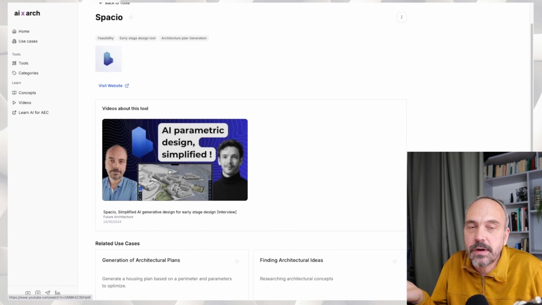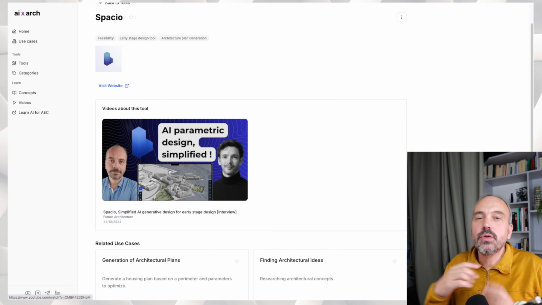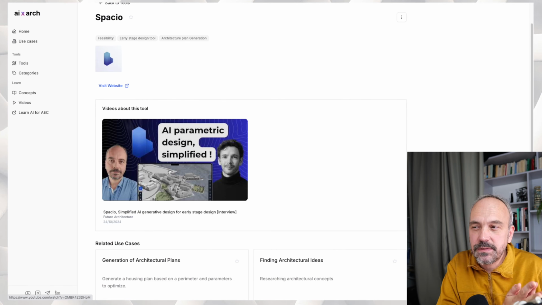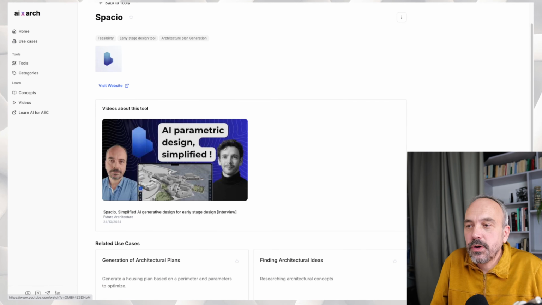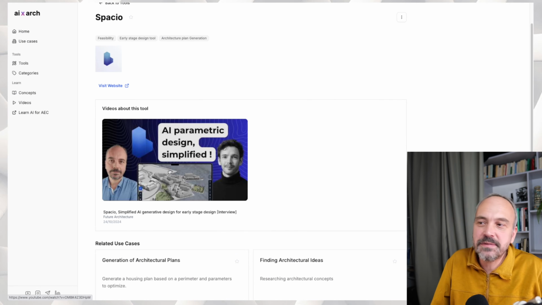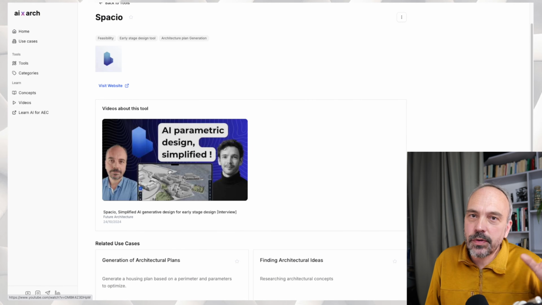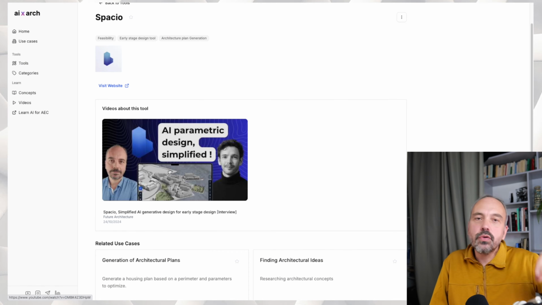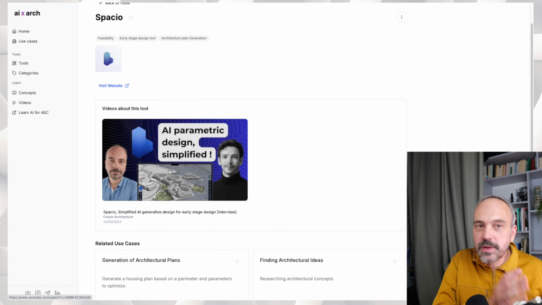I think in Spatio you have, for example, performance analysis, AI generative design, manual editing of the generative design, an export to AEC, etc. This source of information is quite hard to summarize because often on the landing page you don't have much information. So I'm just exploring the possibility that the site owner, the app owner, could fill in this information for me. But of course, they have other things to do.